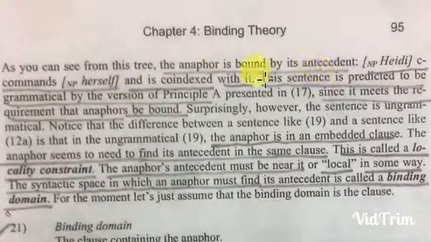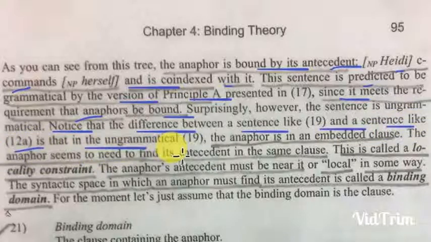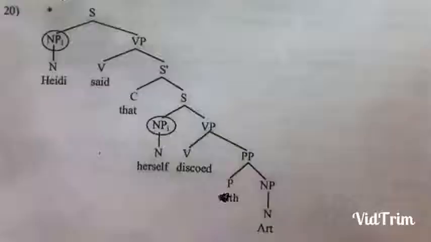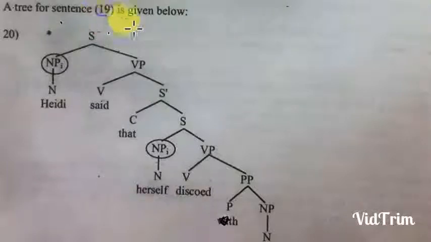As you see from this tree, the anaphor is bound by its antecedent: the noun phrase Heidi c-commands the noun phrase herself, and is co-indexed with it. This sentence is predicted to be grammatical by the version of Principle A presented in 17, since it meets the requirement that anaphors be bound. Surprisingly, however, the sentence is ungrammatical. Notice the difference in a sentence like 19, Heidi said that herself,